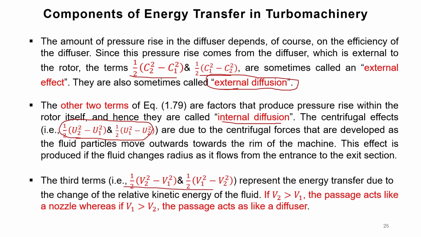The last term, half v square minus v square, represents the energy transfer due to the change of the relative kinetic energy. Okay, and of course if v2 is greater than v1, then we have a passage that is like a nozzle. But if we have a relative flow velocity that is actually greater